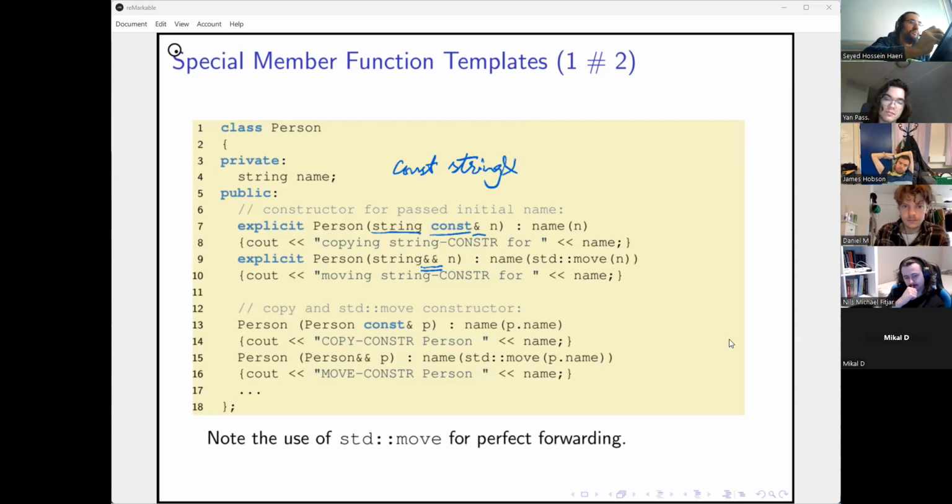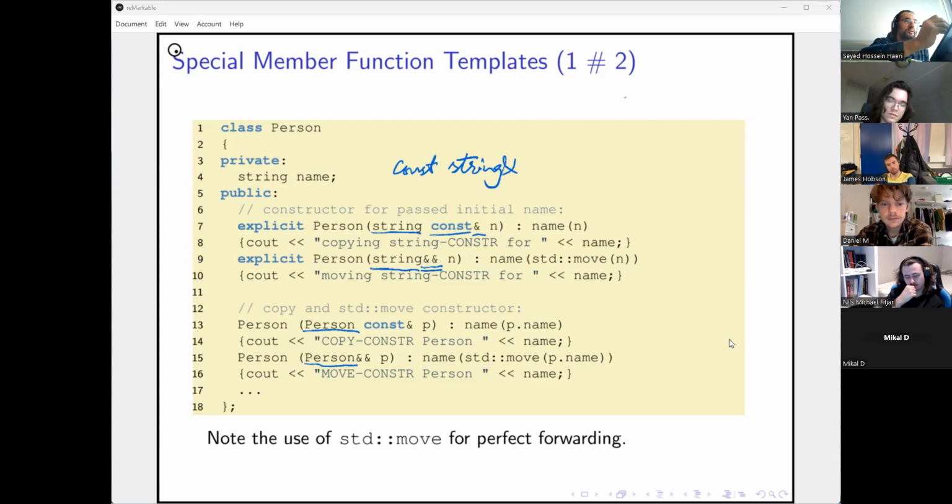You see the difference between the first two and the second ones is that these guys work on strings, so they receive strings as their constructor parameters, whereas here we have another instance of the class person itself. That's why this is called a copy constructor.